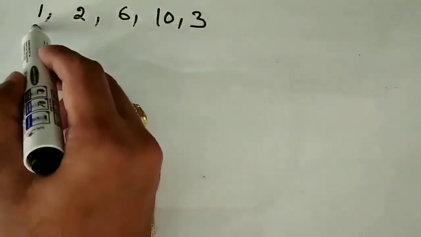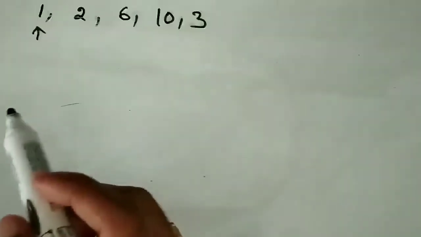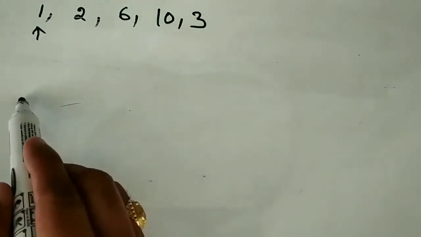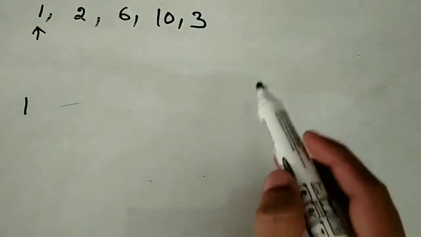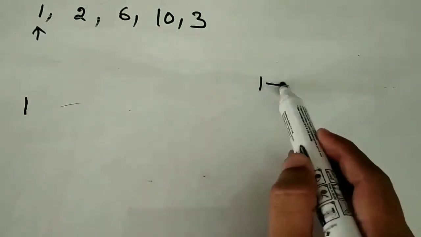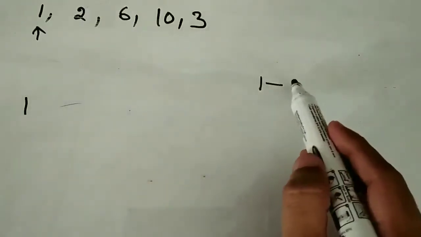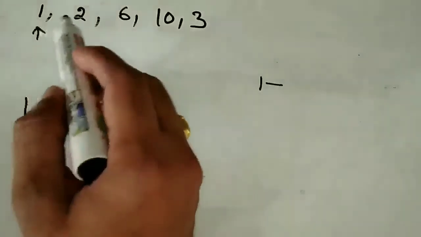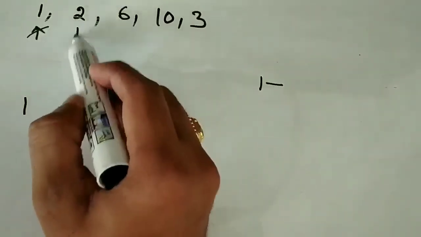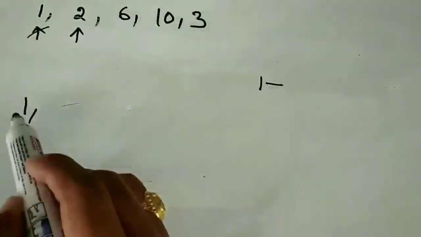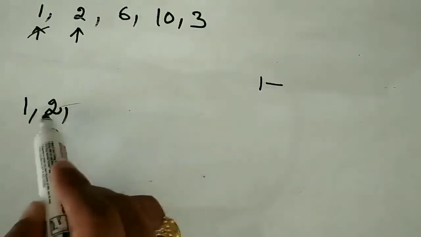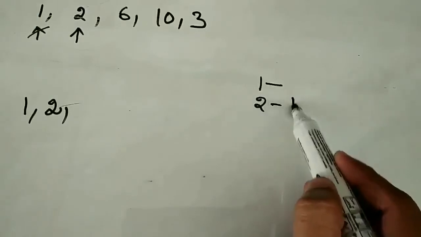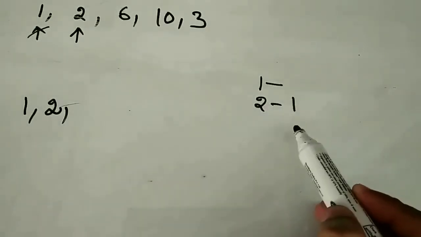Again, I am starting from the beginning. I will start from 1, and I will add it to another array. While adding to the other array, I will maintain some other information also, like 1 has come from nothing, because before 1 nothing is there. I will just keep it blank, and I will move to the next element, and 2 is greater than 1. I will add 2 here, and 2 is coming after 1. That information I maintain here.